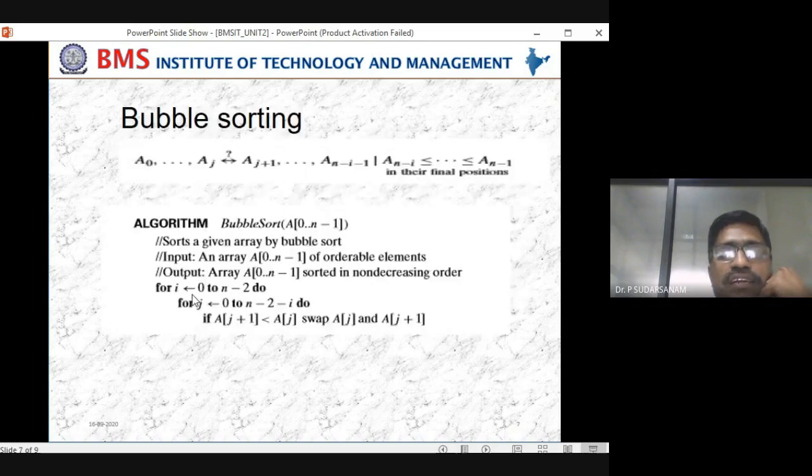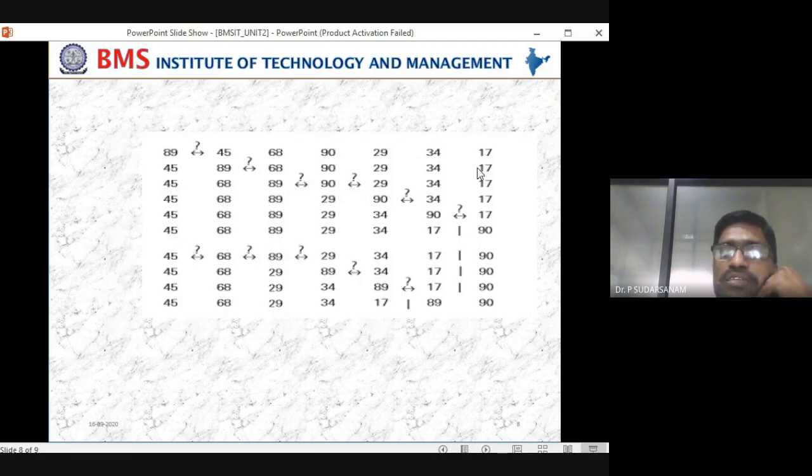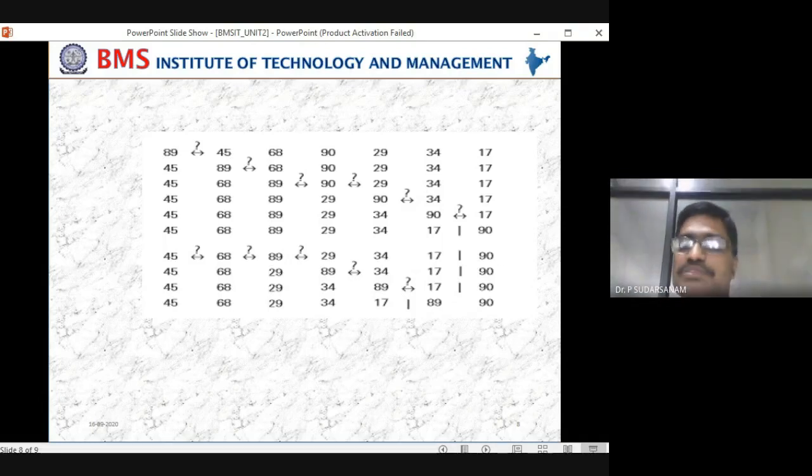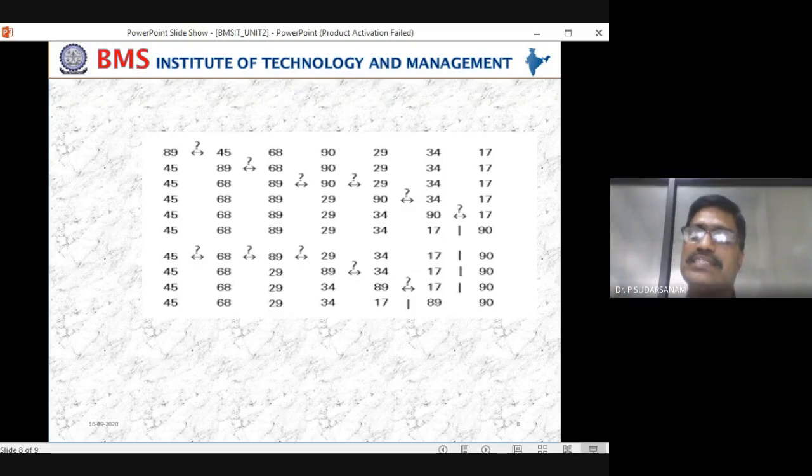So now you see here, i is equal to 0 the first time. Now i will become 1. So n minus 2 minus 1, n minus 1, n minus 2 minus 1. So you are stopping here itself. When you are here, A[j+1], you can access this one. That is exactly what you are writing in analysis and design of algorithms. You are doing exact calculations and you will be getting the answers. So now what will happen? Next iteration. Now 68 is less than 45.